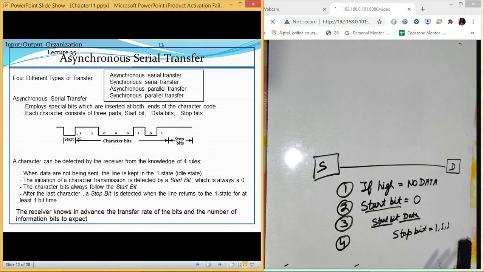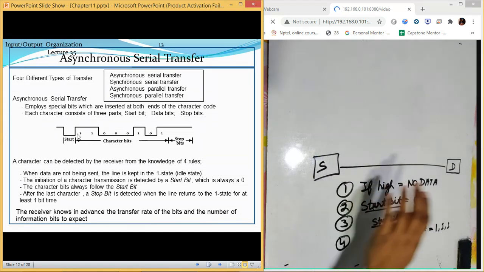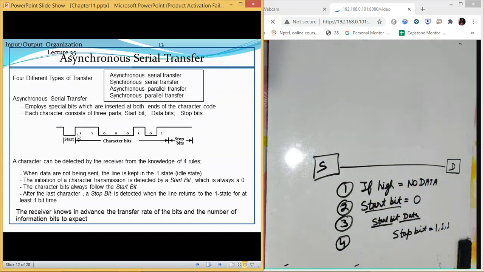And there is one more important rule in this. The receiver already knows the transfer rate of the bits and the number of information bits to be expected. Now, this is important. Otherwise, our source and destination will not be able to synchronize. So source and destination should already be aware that 1 byte of data is to be sent.